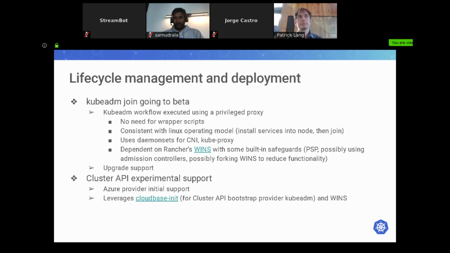Next, we'll talk a little about lifecycle management and deployment. So kubeadm has become the standard for doing a lot of the operational aspects of joining nodes into the cluster. And SIG Windows had kubeadm alpha support in the last couple of releases. With 1.18, we're actually revamping our entire workflow here. And we're basically going to execute kubeadm using a privileged proxy. For that, we're leveraging Rancher's Wins capability, and I added a link in the slides as well, with some built-in